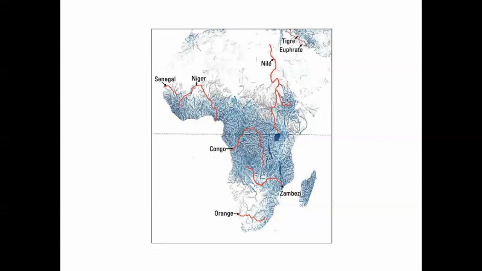But the other problem with that is, unlike the rivers of North and South America and of Europe, these rivers are very difficult to navigate. They're easy at the coast, and they're easy in the interior, but there's always a point of significant falls, significant rapids, significant unnavigable components.